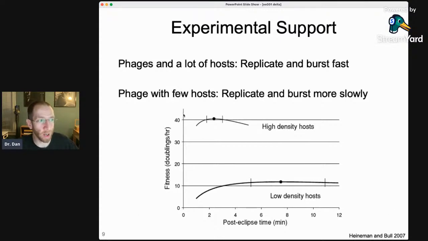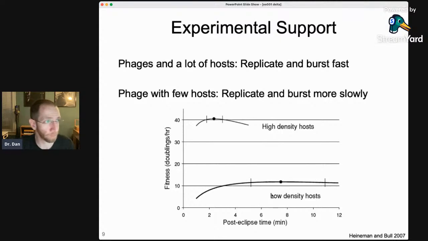What's going on in the high density hosts is that getting from host to host is easy. So the type of selection that's predominating here is intra-host competition. So you have to be fast, which means you're very high virulence. In low density hosts, the type of competition that's driving this is inter-host competition. The hard thing to do is find another host. So we're getting inter-host competition, which is competition that limits virulence to maximize the likelihood of successfully transmitting to a new host. So we have this paradigm of intra versus inter-host competition, and we have experimental support for how these